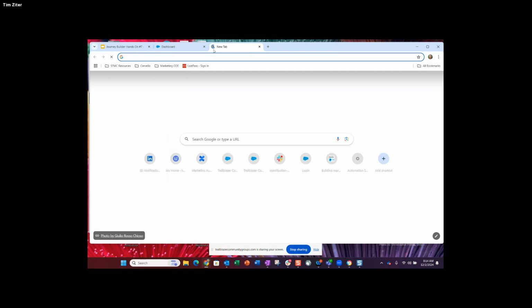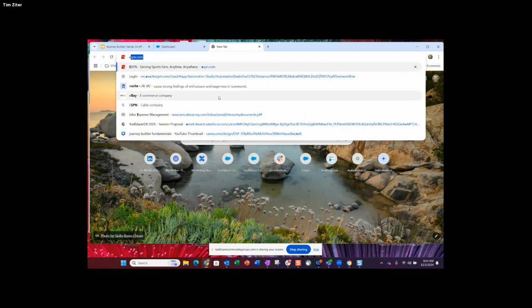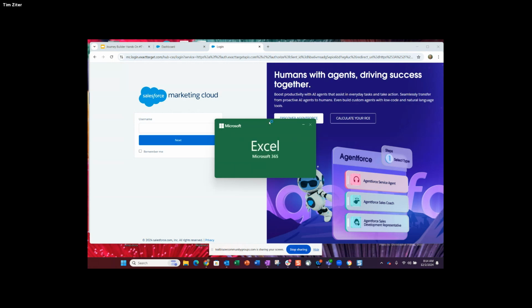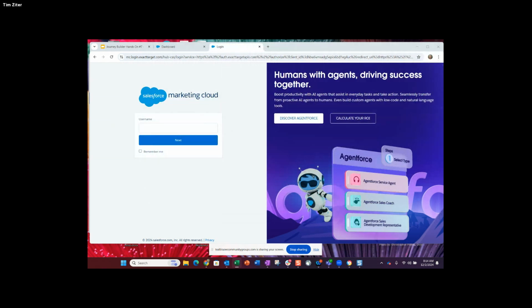So the first thing I want to do, take the team through, is to go through our Marketing Cloud environment. So let me just log in and do that. I'm just going to log into our Marketing Cloud environment, and then I will grant access to Pearl.